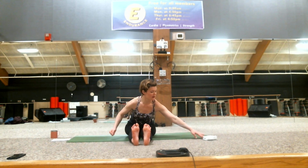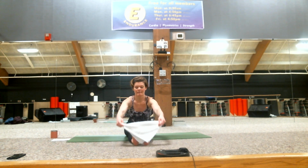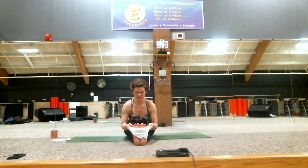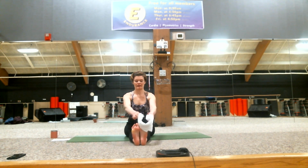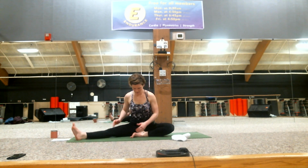If you can, hold on to the feet, or if you have a towel or something that you can use to wrap around the toes, then you can draw the toes back, getting a nice calf stretch there. Shoulder blades down the back, lifted chest. Okay, and then releasing. Let's take the right foot in, and then we're actually going to bring the right heel